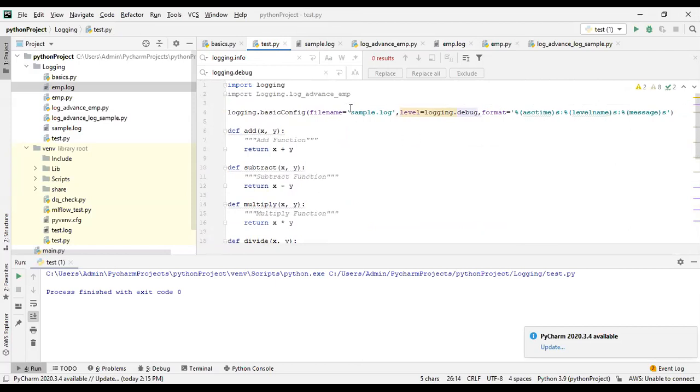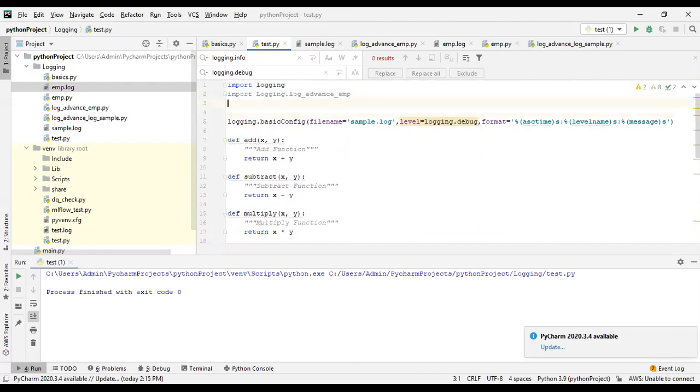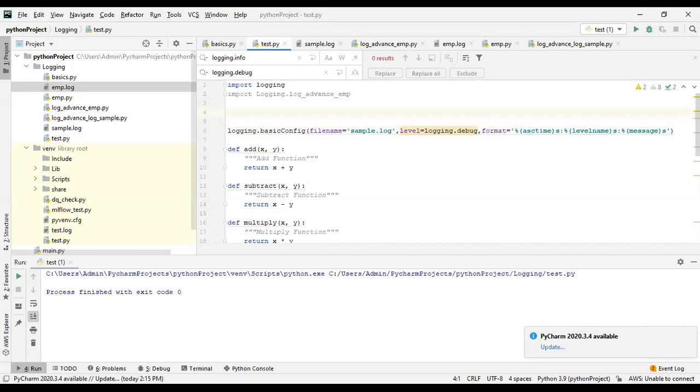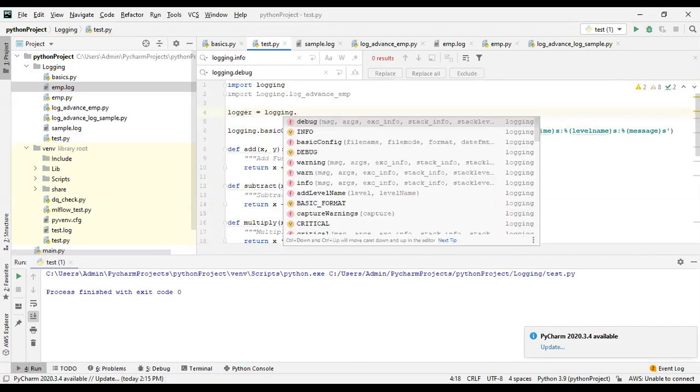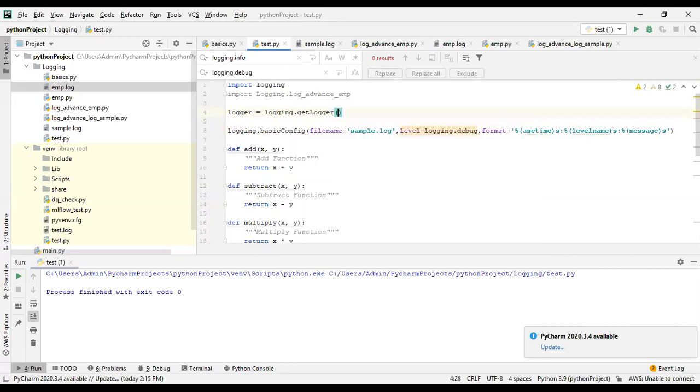You can do it with a custom logger. When you define a custom logger, you'll be able to log whatever information you are expecting. So instead of logging, I'll create a custom logger here: logger equals logging dot get logger, and then I'll tell you why I'm keeping name here.